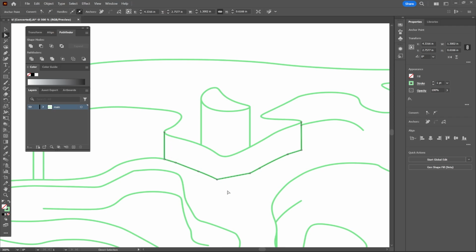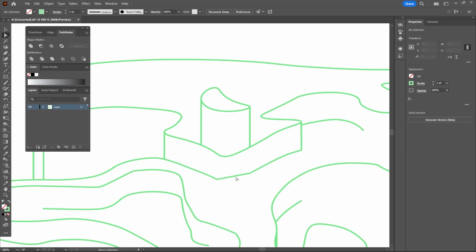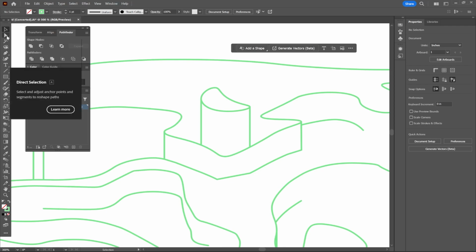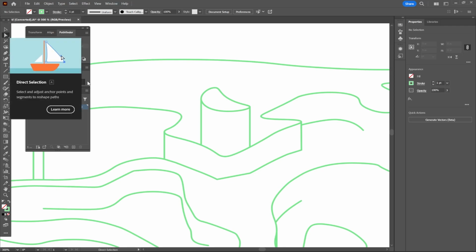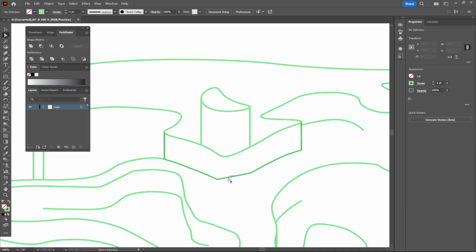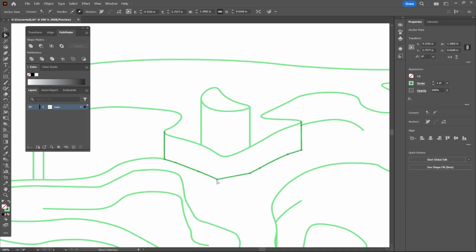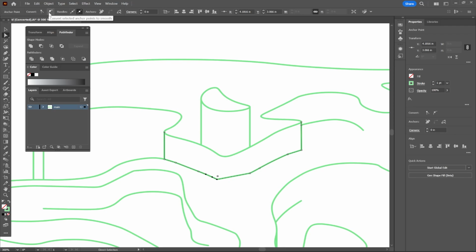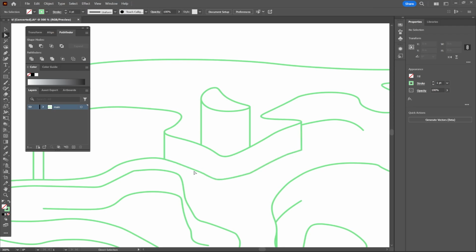Right now, there are some areas that I do not want to be this straight. I do want these to curve out. That way it is consistent with my model. On the left, I'm going to make sure that I select my direct selection tool right here. This will allow me to grab my anchor points. I'm going to click on this line, and here we can see these little square dots are my anchors. Now anchors can determine the line's behavior. So I'm going to click this one area right here since it's that sharp angle, and I'm going to go over here. I'm gonna hit this curvy line right here, and what this does is it converts the selected anchor points to smooth, and we can see that it is no longer that straight angle.